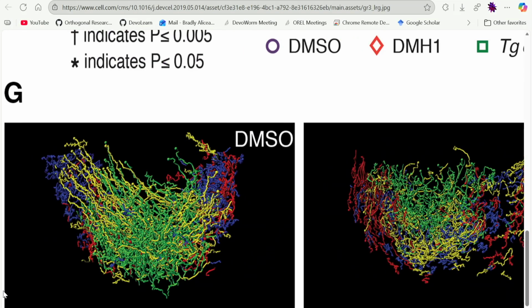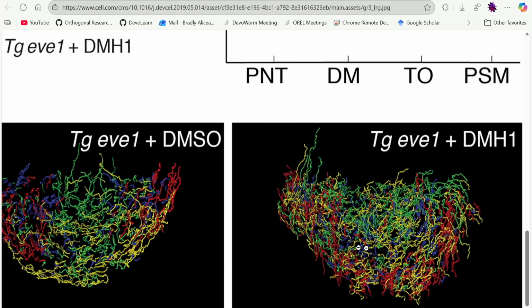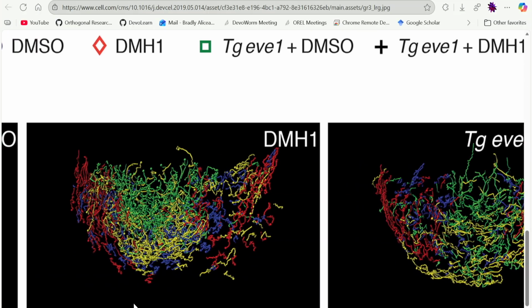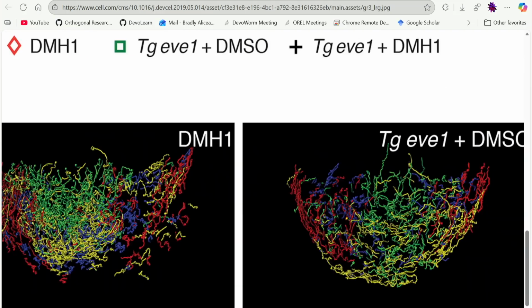That's messed up, the last one. Yeah, that's really messed up, I guess is the way to describe it. So you can definitely see from these cell tracks the differences in the phenotype.